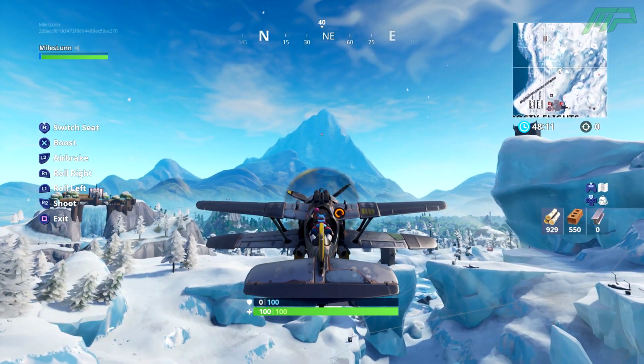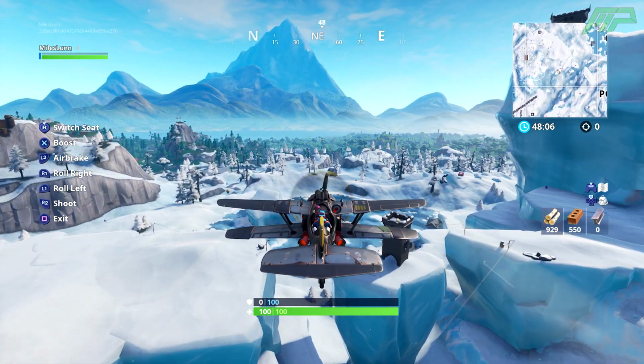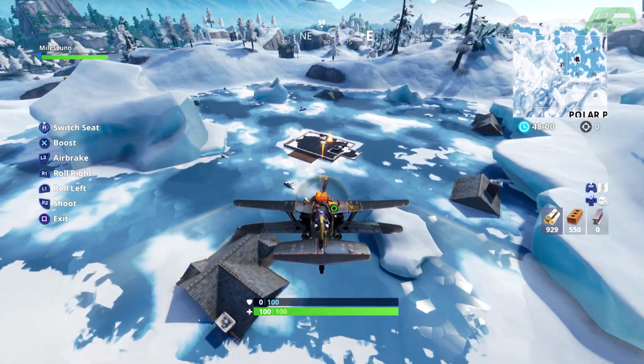The official name for them is the X4 Stormwing planes, as they can hold 1 pilot as well as 4 passengers. They have a boost feature similar to the quad bikes, and they also have a light machine gun attached to the front as well,